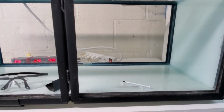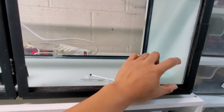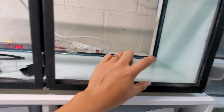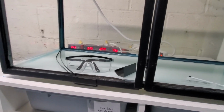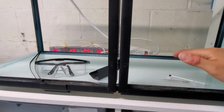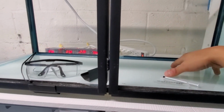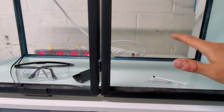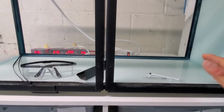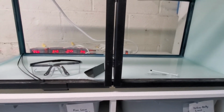And I also have some glass that I got cut, and the glass is going to be attached with silicone on the inside. So it's going to be about a 2 to 3 inch strip of glass on the inside attached all the way across. That way it can be watertight. I can have a little bit of water on the inside. I can put sphagnum moss or rocks or rubble and have some water in there. That way it'll keep the humidity up if it's something that requires high humidity, and I don't have to worry